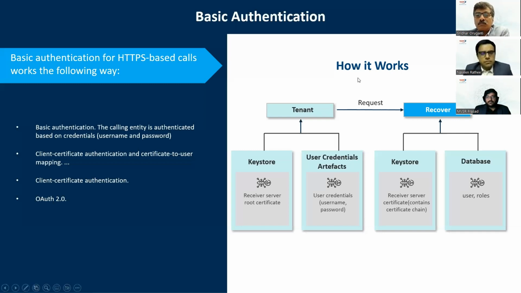So that's where while calling, the tenant is going to be authenticated as the user ID and password is already passed, and then subsequently the database or the subsequent integration scenarios